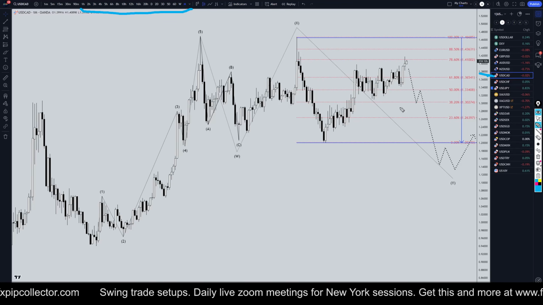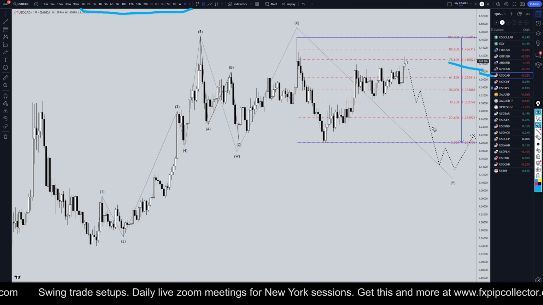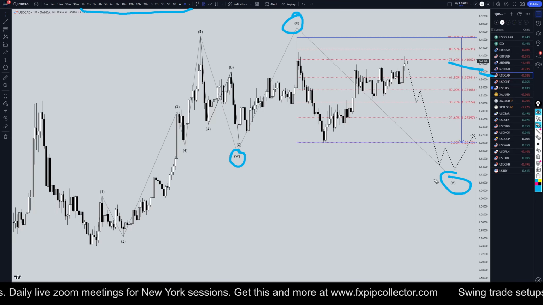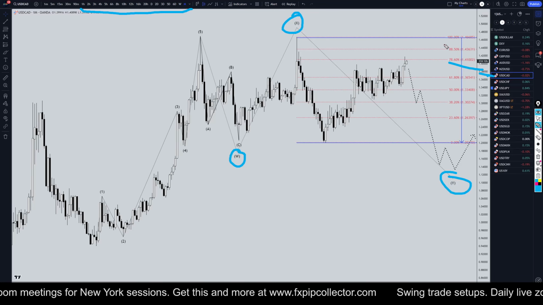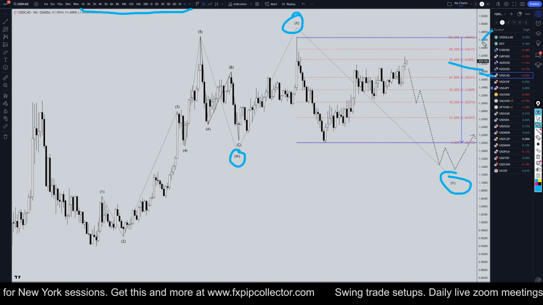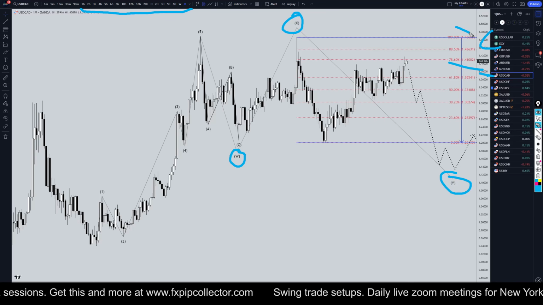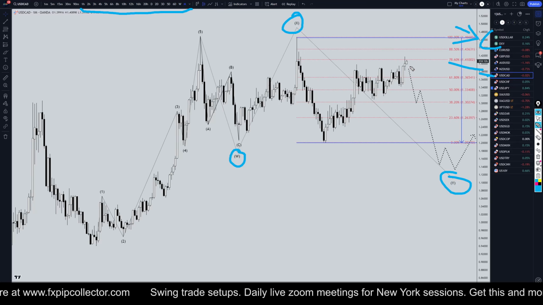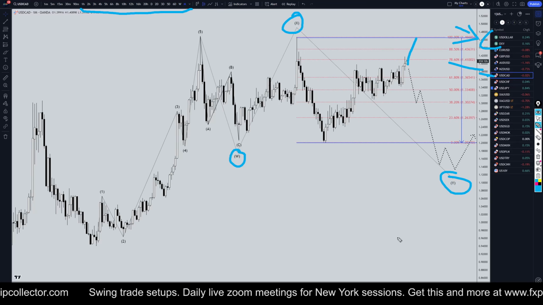So anyways, on the US dollar CAD, we are sitting at a fib level, and I do still think that this is a W, a X, and we're going to go down for a wave Y. Like I've been saying, this really does not agree with my US dollar analysis. My US dollar analysis actually has the dollar going up for quite a bit more time. So don't be surprised if this actually does keep on drifting up.